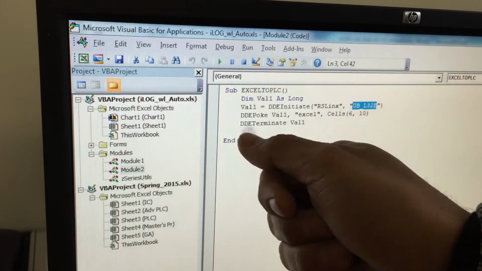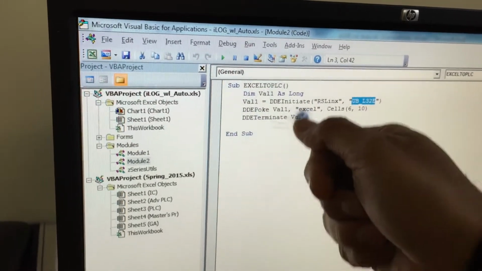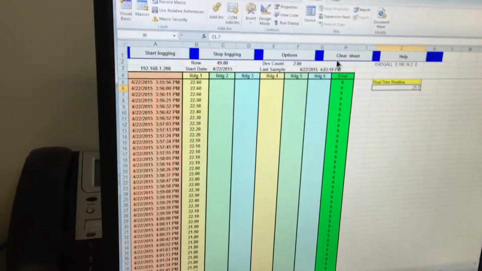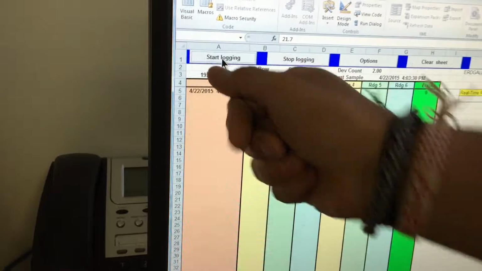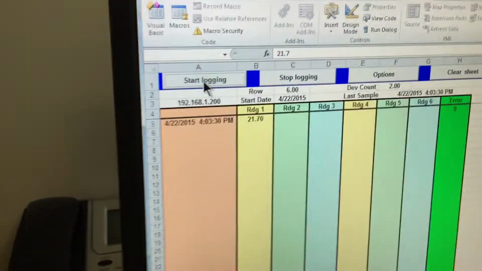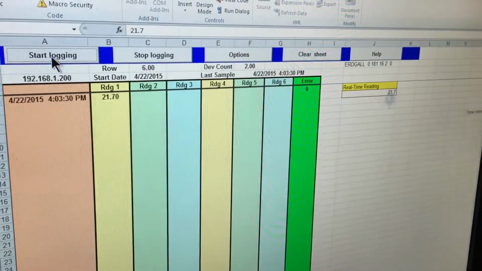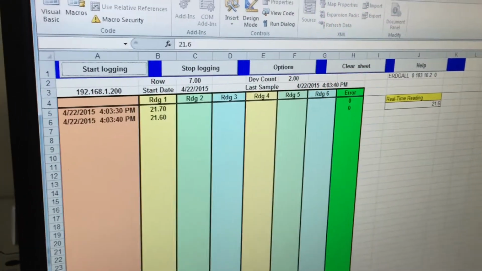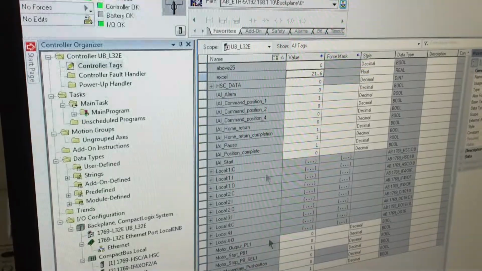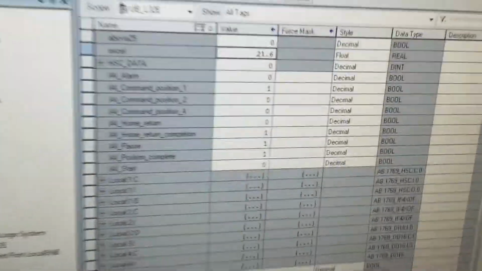By the time, it will be terminated. Whenever we click on start logging, it automatically sends this data to the Compact Logic PLC by using this RS Logix 5000.